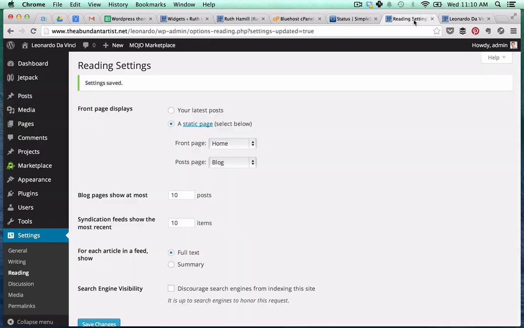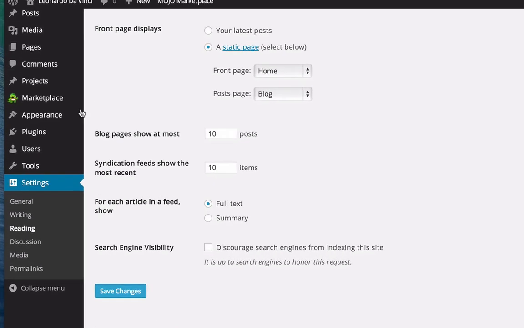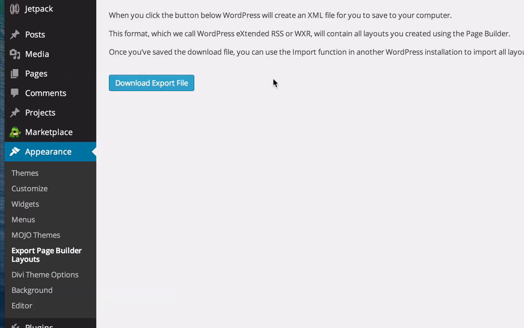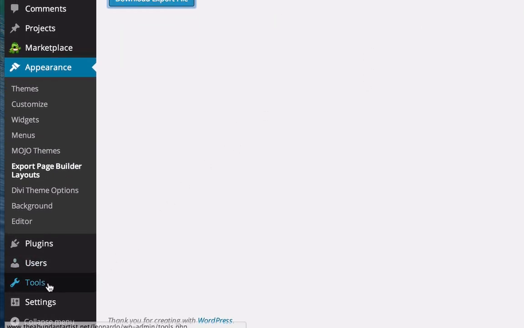A couple other neat things about the Divi theme. Obviously, I've only scratched the surface. There's lots you can do with it. One other thing that I wanted to show you is the ability to export page builder layouts. So let's say that you wanted to use the same layouts that I did when I created this page. I just click the download export file, and this file can then be imported into a new website that you create simply by clicking on Tools, Import,